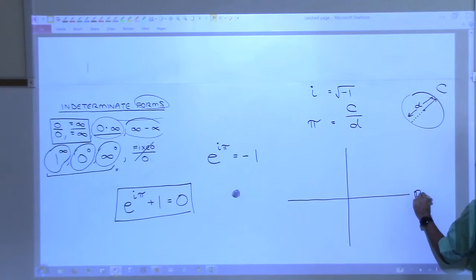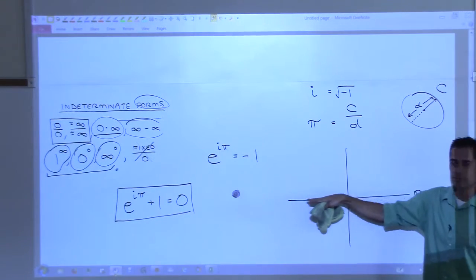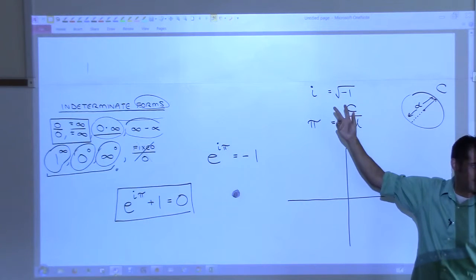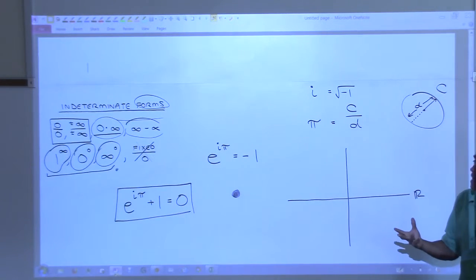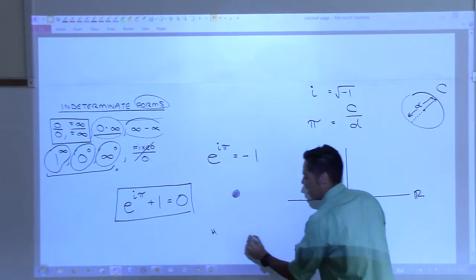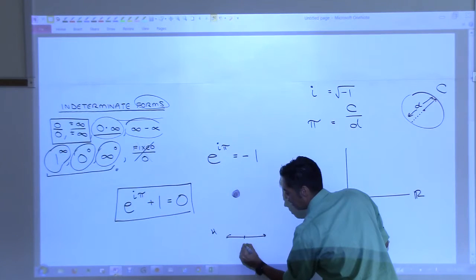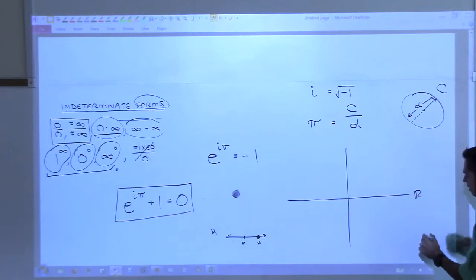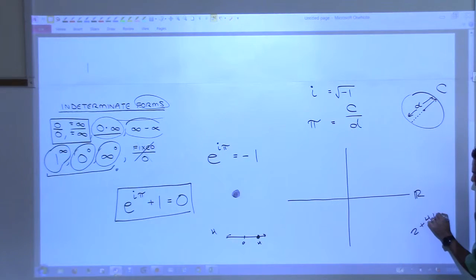Okay, this is the real number line, right? The real numbers? Okay. The complex numbers. The complex numbers are complicated, right? Because they include roots of negatives. In order to visualize a real number, like if I wanted to take the number 4, you need a number line, and you need 0, and then you can put 4 there, and you say, there's 4, right? But if I give you a complex number, like the number 2 plus 4i, that's what complex numbers look like. You actually need 2 dimensions to visualize them.